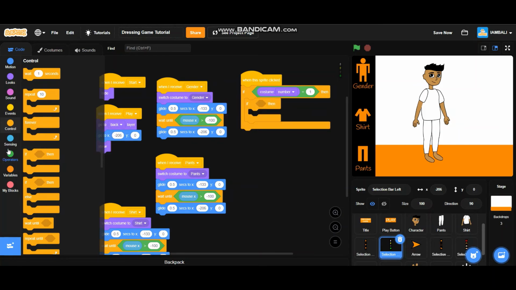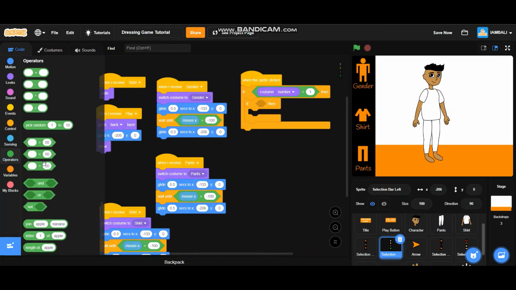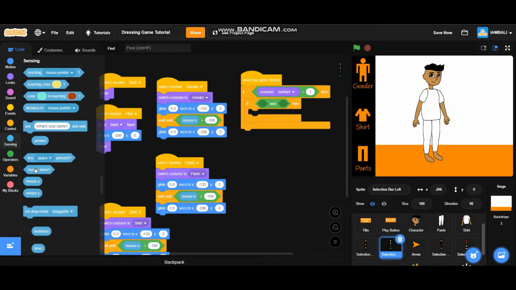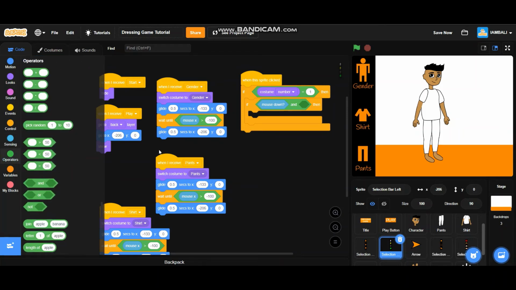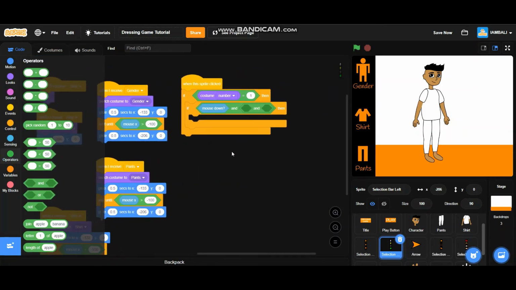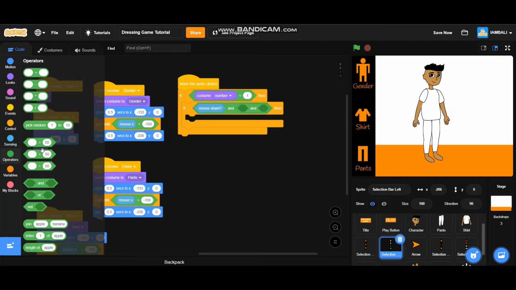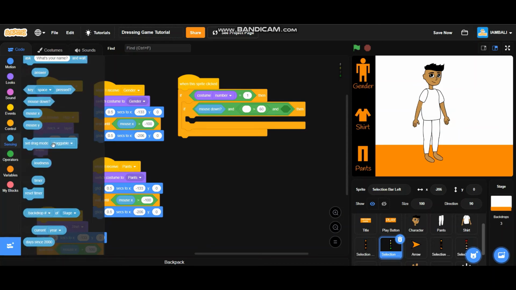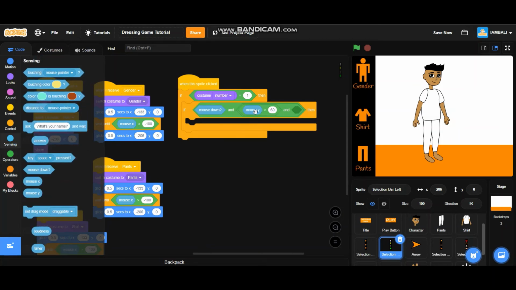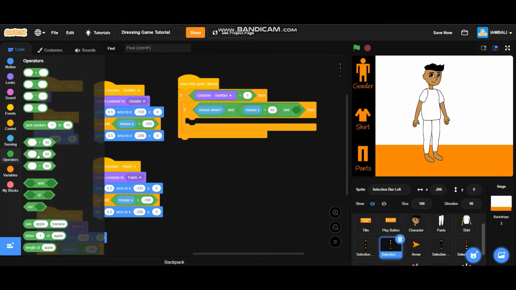So if, add an and block. If mouse is down, add another and. So if mouse down and mouse Y is larger than 60 and also less than 200,